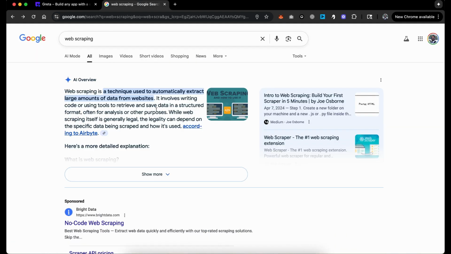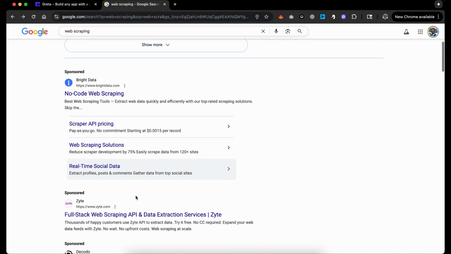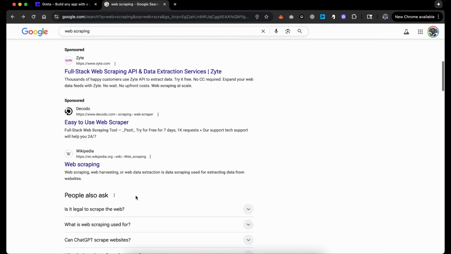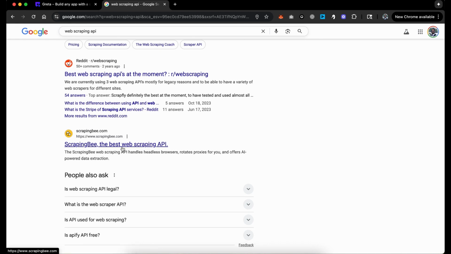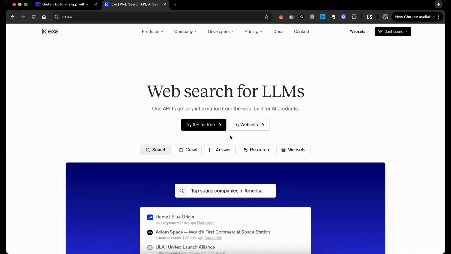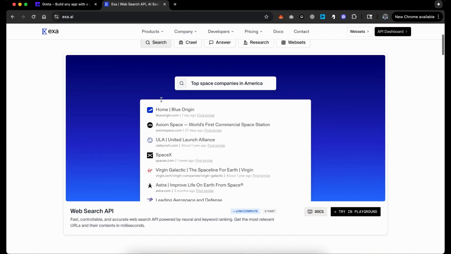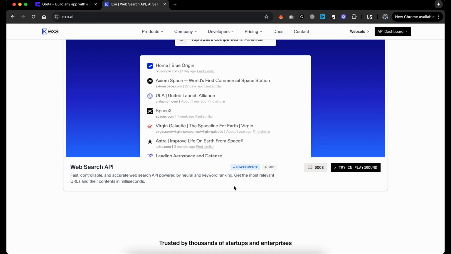In this case, we'll quickly go through web scraping, and you can just Google web scraping and get web scraping APIs. There's a lot of different ones, like ScrapingBee, and a lot of that information you'll find. In our case, I'll try using Exa, which basically helps with web search.